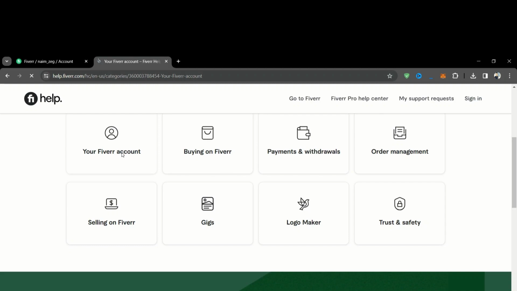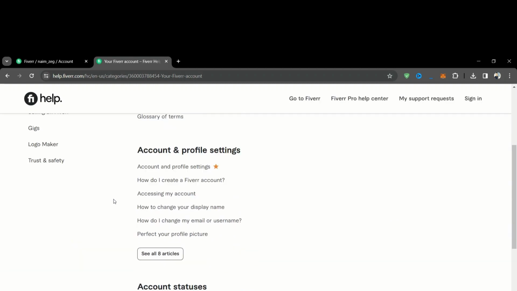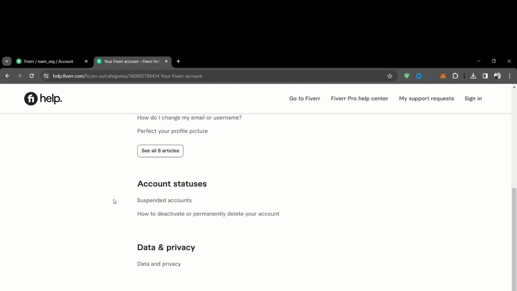Just note that when you permanently delete your account, you won't be able to reactivate it, and then the process